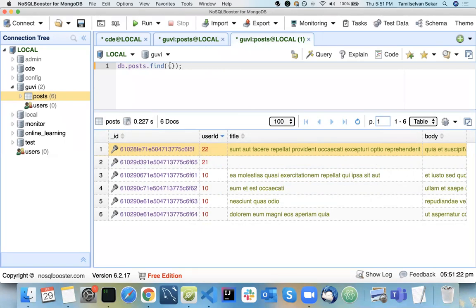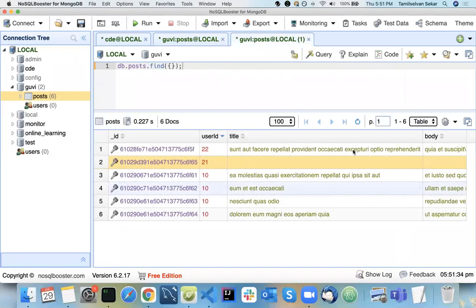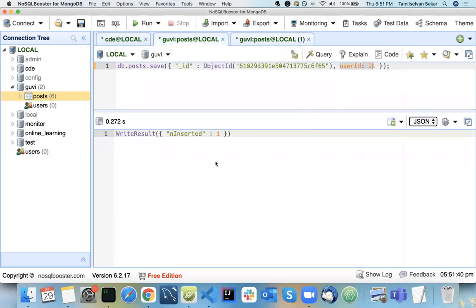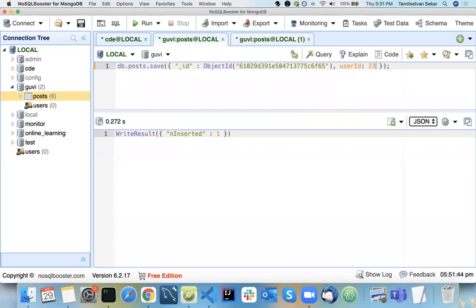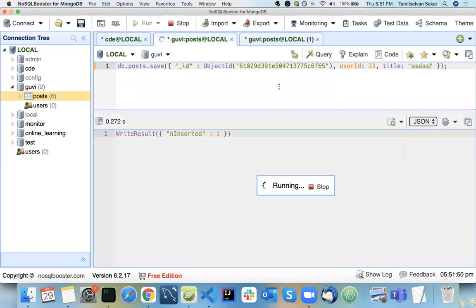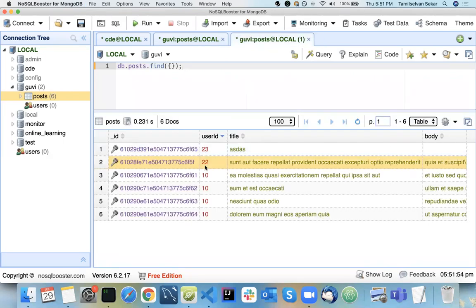Suppose if you pass ID to this, now it will work as an update. If I want to update my user ID, currently it's 21, right? I'm modifying it to 23 and add some properties like title equal to something like this. If I do this, it will be updated. And see, now 23 and title is updated.